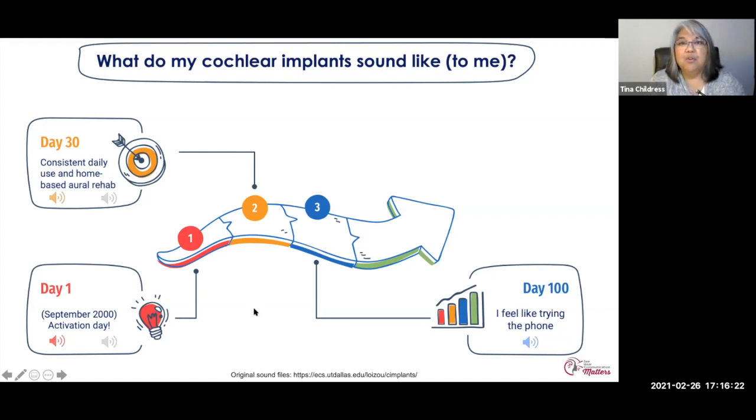It's not very natural sounding yet, but you could understand what was being said. So let's go through the chronology again. It sounded first like this,